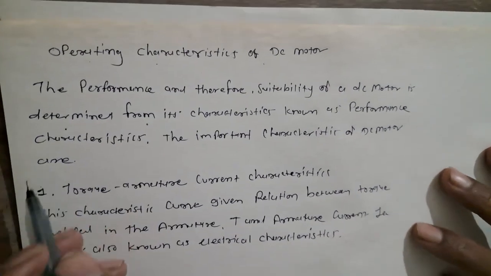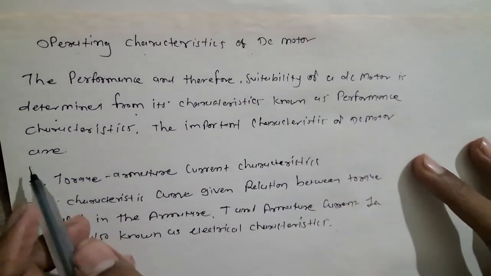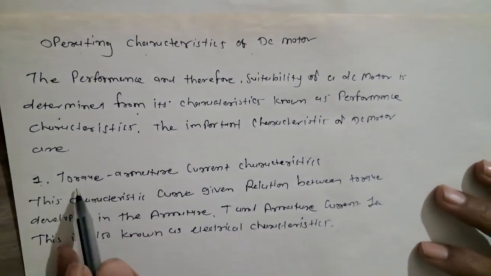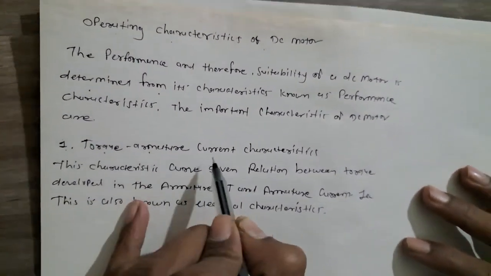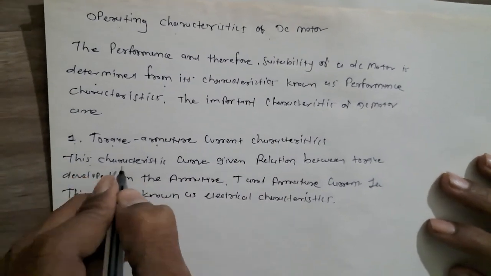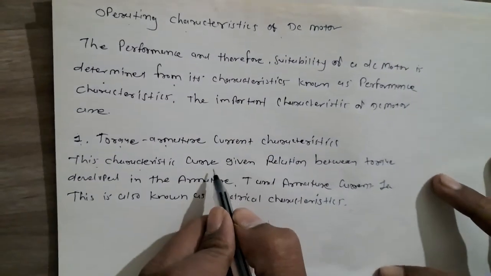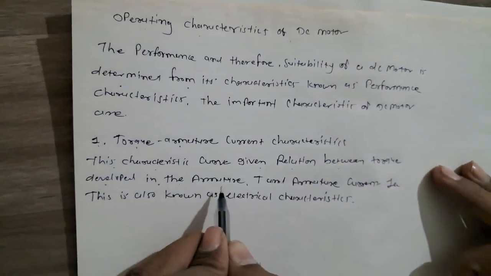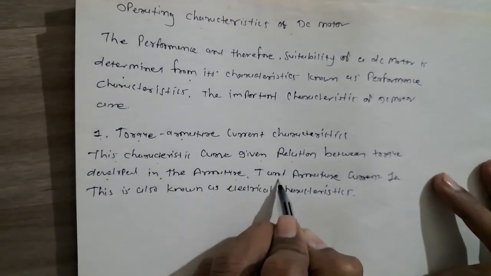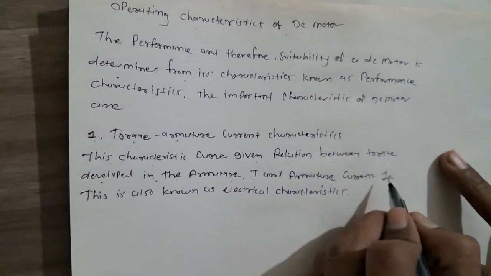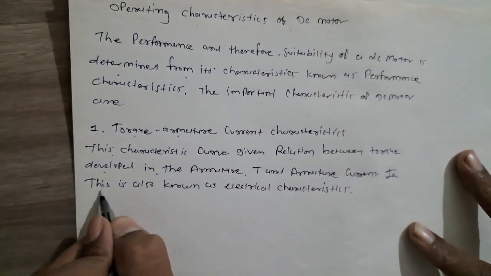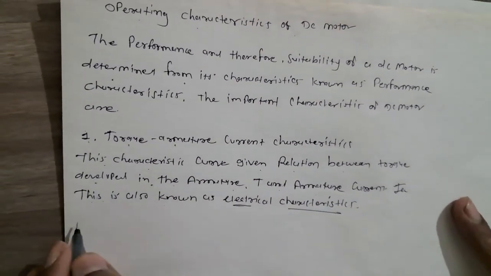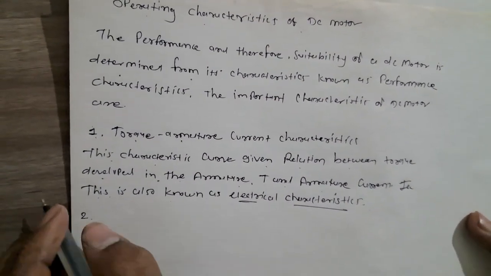So the first important characteristic of DC motor is the torque armature current characteristic. This characteristic curve gives the relation between torque developed in the armature T and armature current IA. This is also known as the electrical characteristic. Okay, electrical characteristic. The second is